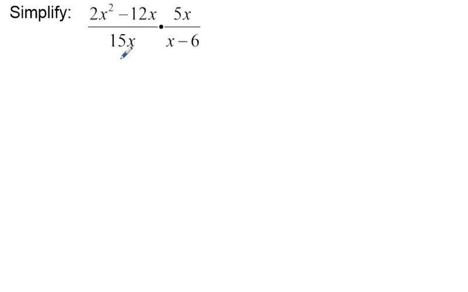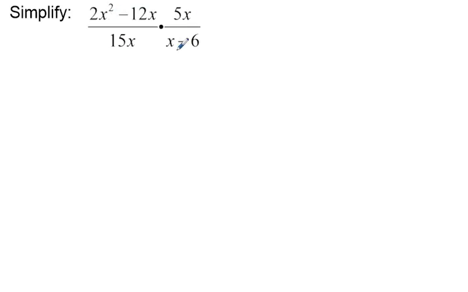In this example, we'll be going through the process of multiplying two rational expressions. So the two expressions I have here are (2x squared minus 12x) divided by 15x, multiplied by 5x over (x minus 6). So the first thing I'd like to do is factor anything that I can in both the numerators